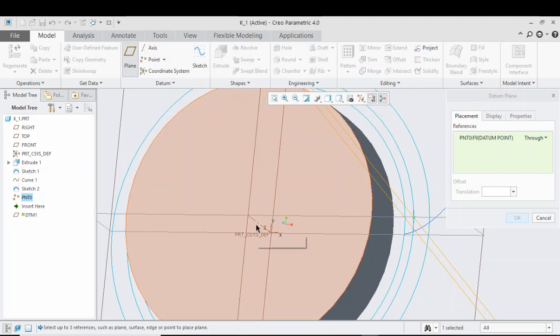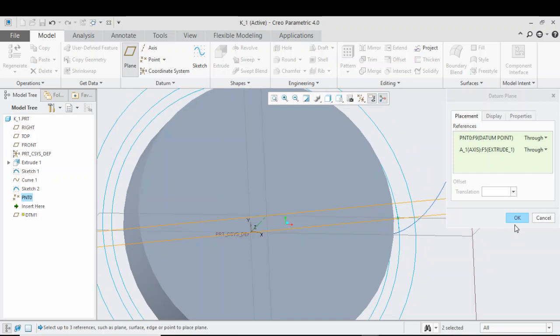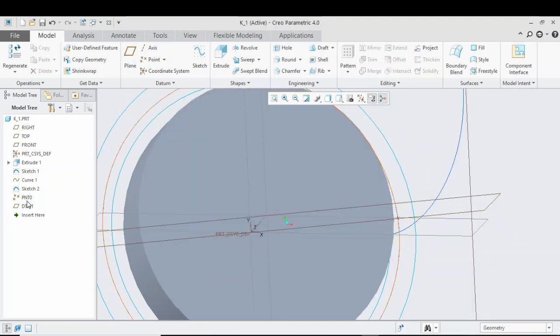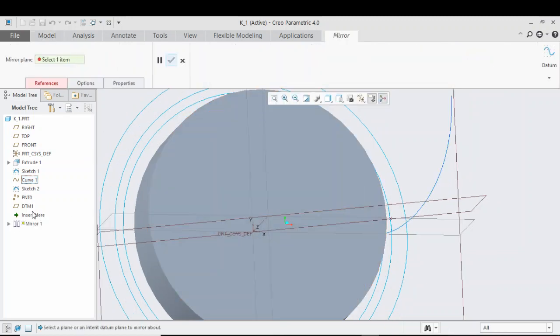Hold down the control button, then press on this central axis. Hold down the control button and press this central axis. Now the datum is placed, click on OK. And now from the model tree, click on curve 1, click on 3D mirror and click on the new datum